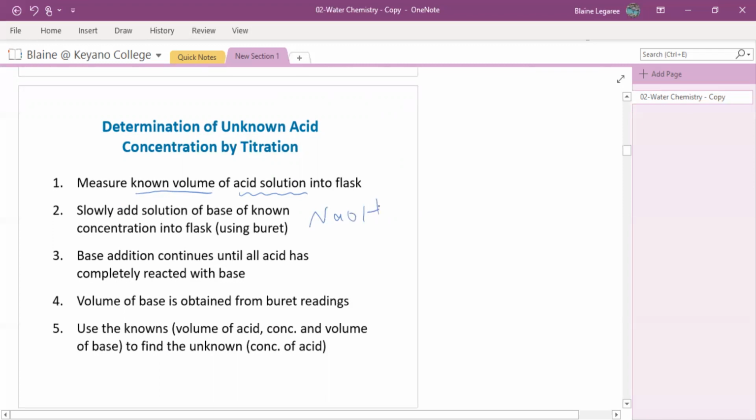And then you add your sodium hydroxide until it reaches an endpoint, so you can measure that endpoint with a colored indicator or using a pH meter. And then you read the final volume. And once you have your volume and your concentration of your sodium hydroxide, you know that that's going to react with the acid, probably in a 1-to-1 ratio, and then you can figure out the number of moles of acid